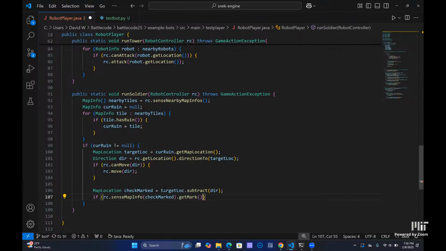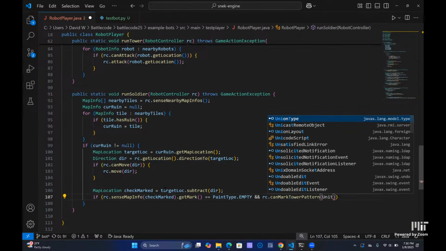And if this is an empty paint type, that means we have not done any marking yet. And if we're allowed to mark the tower pattern, so rc dot can mark tower pattern of,